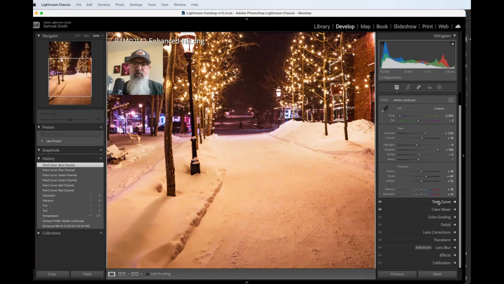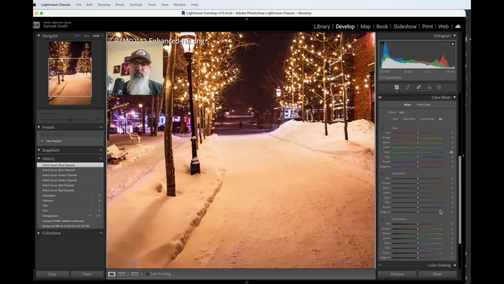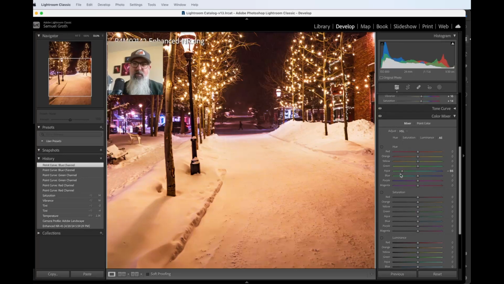If we keep coming down here, we get to the color mixer. Here we have the ability to change different colors. If we want everything to look more red, the reddish to be more red. If you look in the background, you can see that a lot of the shadows look reddish. That's an effect of the Astro modified camera. Maybe we don't like that. We want less red in the photo, so we can just take the hue down, or we could just desaturate it